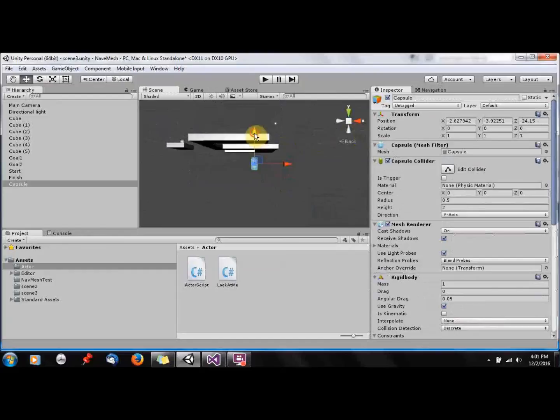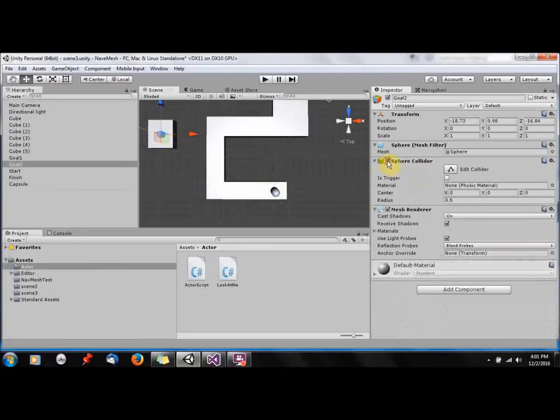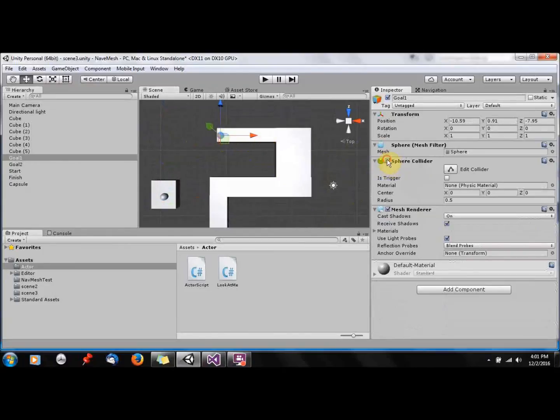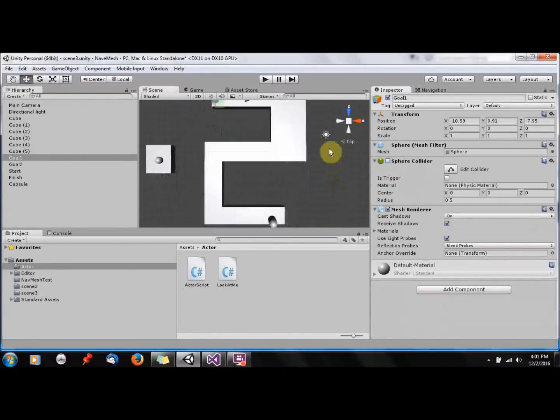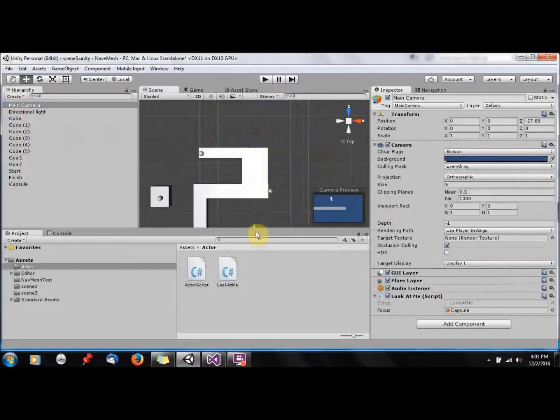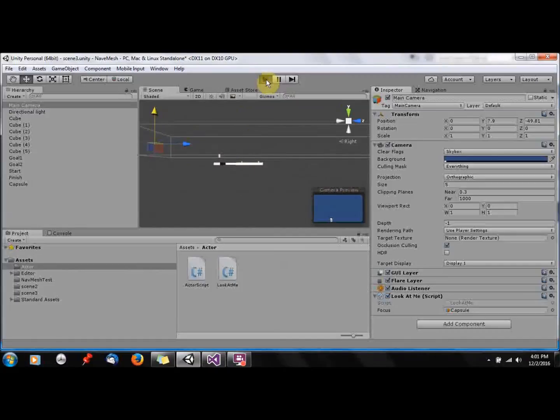I want to put the capsule above the walkway so it'll fall and then start moving. I also want to disable the sphere colliders on the goals because I want the capsule to be able to go into them. And I want to check out where my main camera is. Of course, it's not even looking at the object, so let's change that. We'll put it a little bit above. Remember the camera is going to face the capsule. So now if I run it,